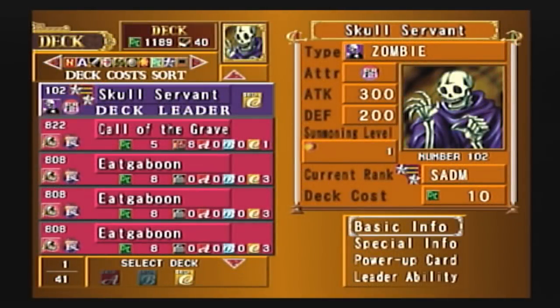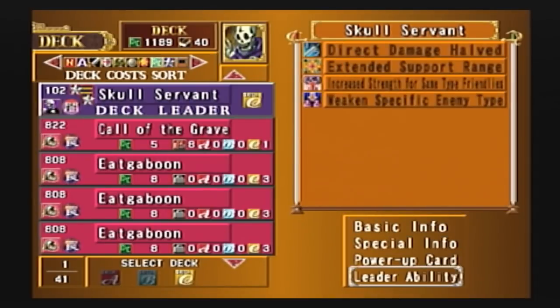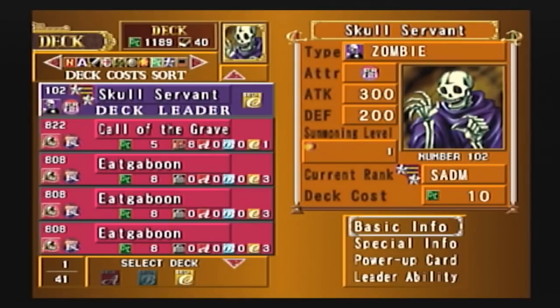Not only that, but he has cool leader abilities. The low level zombies get direct damage halved, so if you try and go directly for his deck leader, you deal half the damage. So it makes it a lot harder to pressure this sort of opponent. The original plan I had was for him to be on crush terrain, like all the middle of the field being crush terrain, so you'd be forced to attack him with cards if you wanted to go through the middle, kind of like the strategy you'd use to beat the Skull Knight,